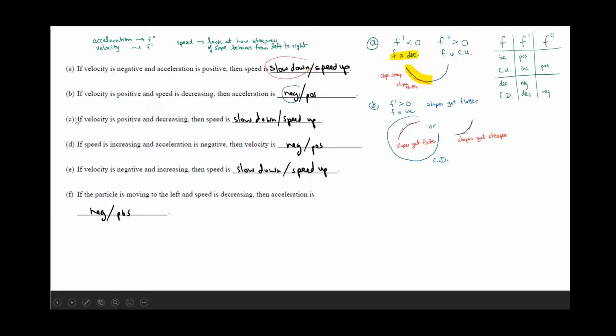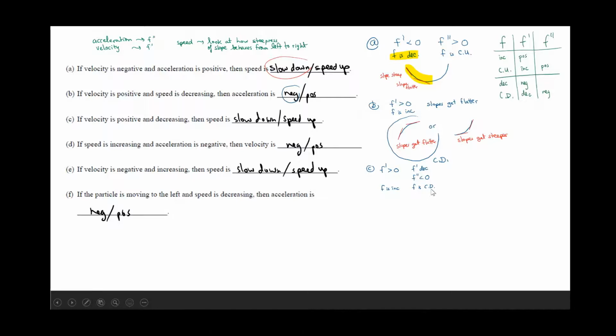All right, question C. If velocity is positive, so the derivative is greater than 0, and decreasing, so the first derivative is decreasing, we want to know what's happening with the speed. Is it slowing down or is it speeding up? So let's start. The first derivative decreasing means the second derivative is negative, which implies that the original function